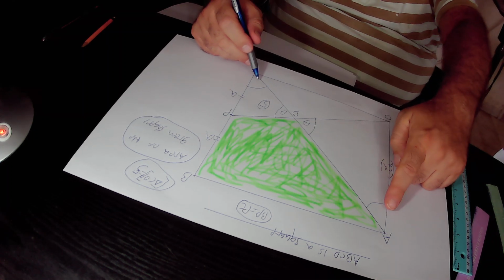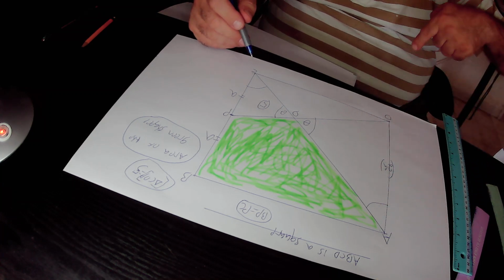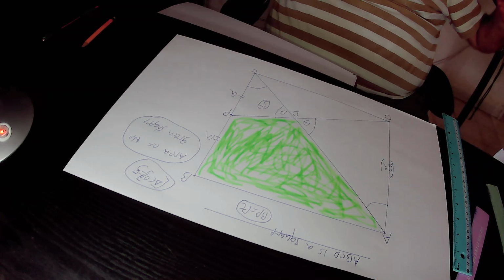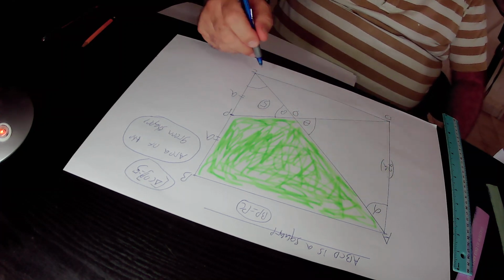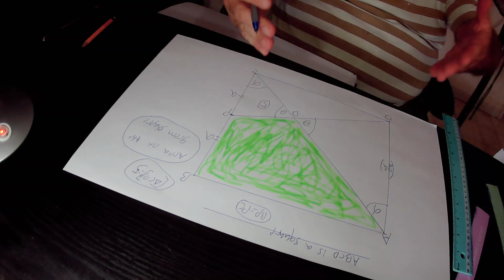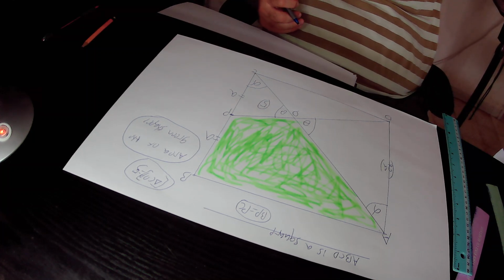Therefore, those two alternating angles that are located between the parallel lines AD and BC must be equal to each other. So if we define this angle as alpha, then this angle must also be equal to alpha, because they are equal to each other according to Rule 15. Likewise,